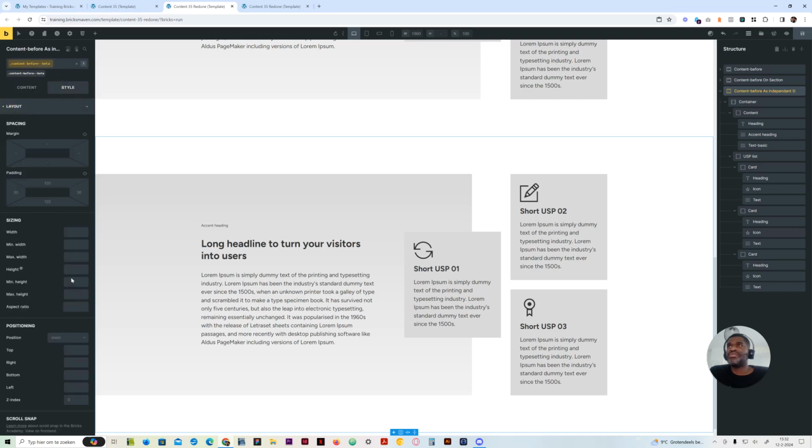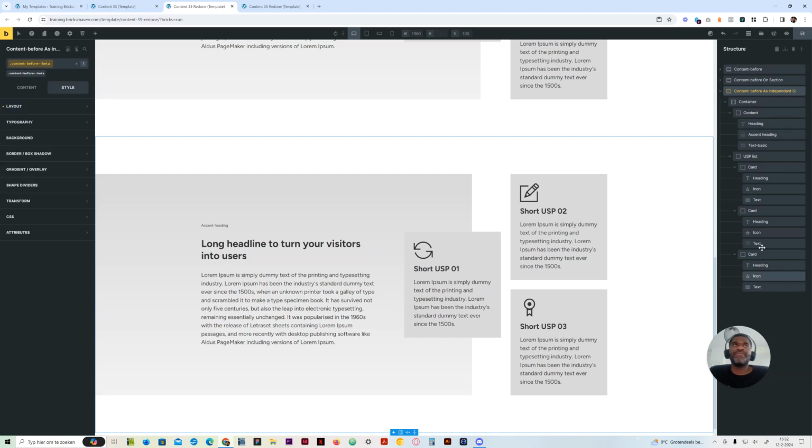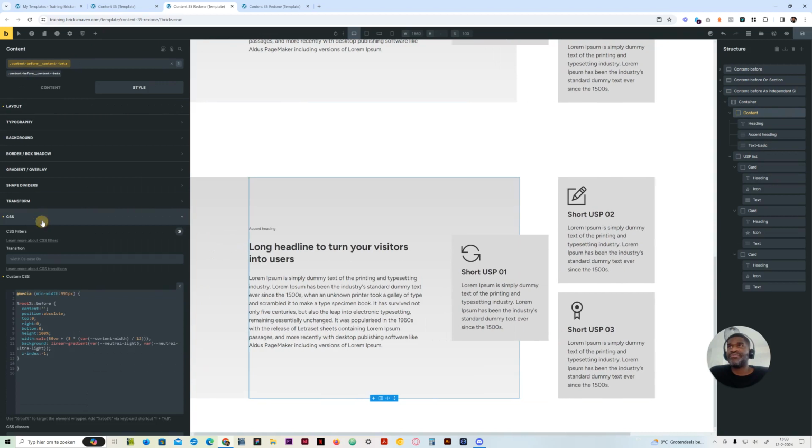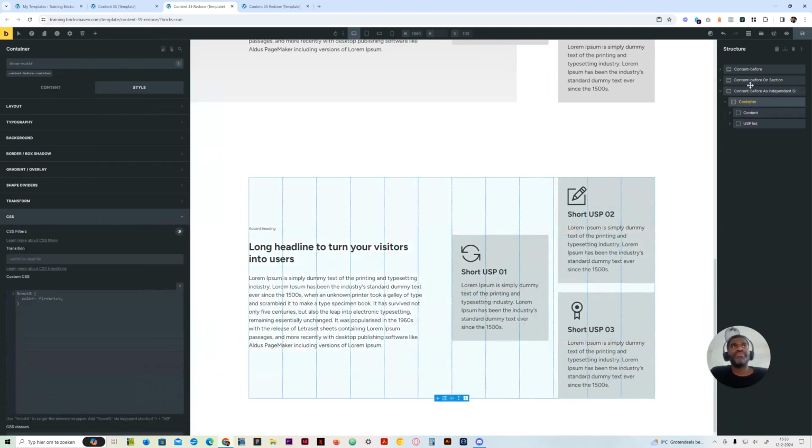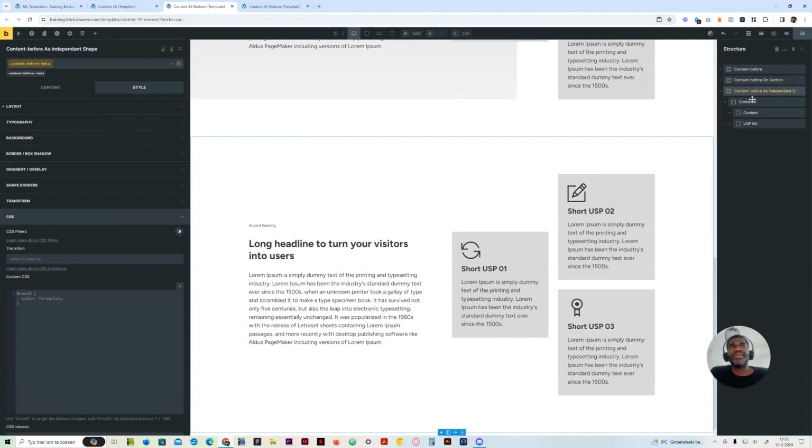and I will need to set this to relative because I need it for the individual shape. So this set to relative. I will then proceed to remove. I do not need the class anymore, so we don't need this at all. This can just go away. Oh no, you know what, let's keep it because I might need this. I just want the color, I think. So let me just copy this and just take this all away. Okay, so now we have our shape and everything, but look, I can, outside of the container, I can just